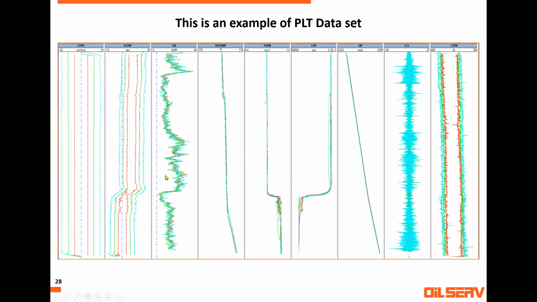You can say where the producing zone is. I didn't put the perforations here, but you can check where the producing zone is. This is the flow meter. It was 0 here, parallel on 0, and it's increasing here. So this is the producing zone.